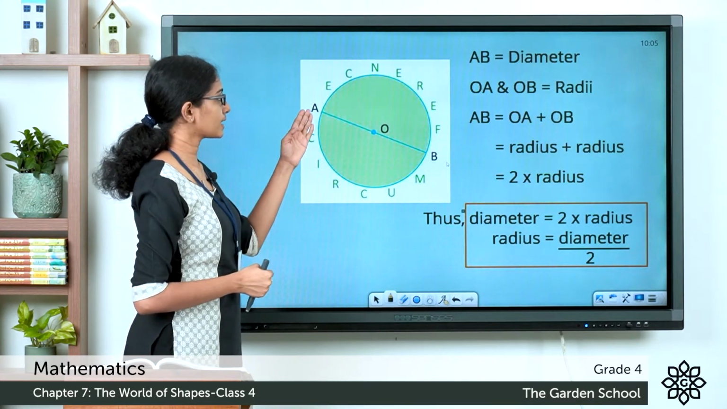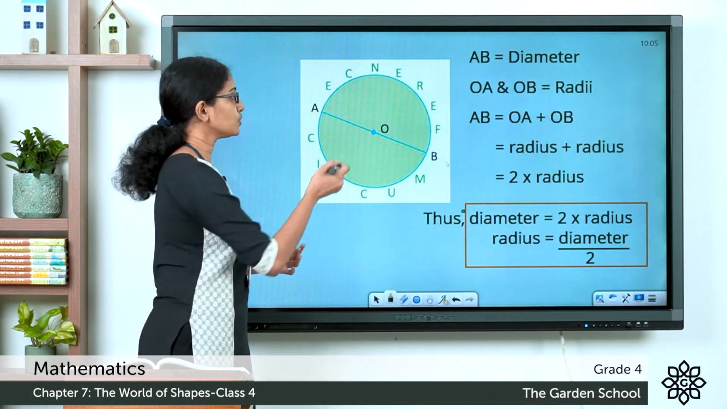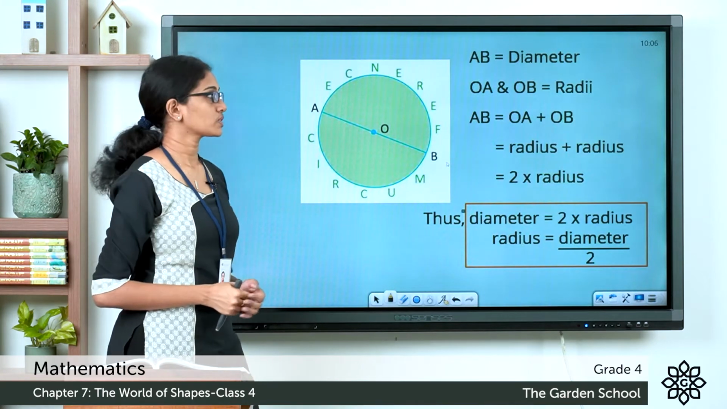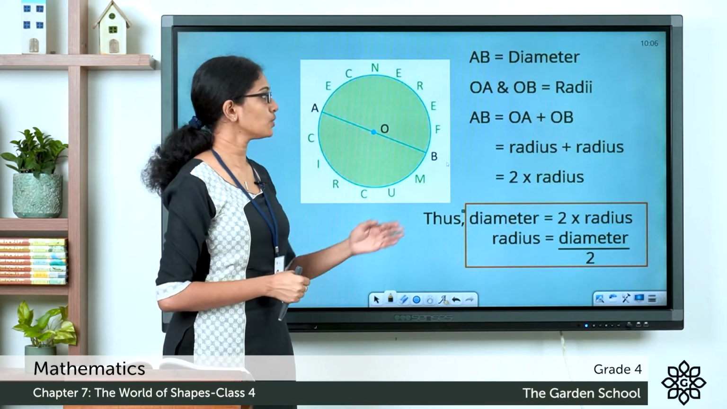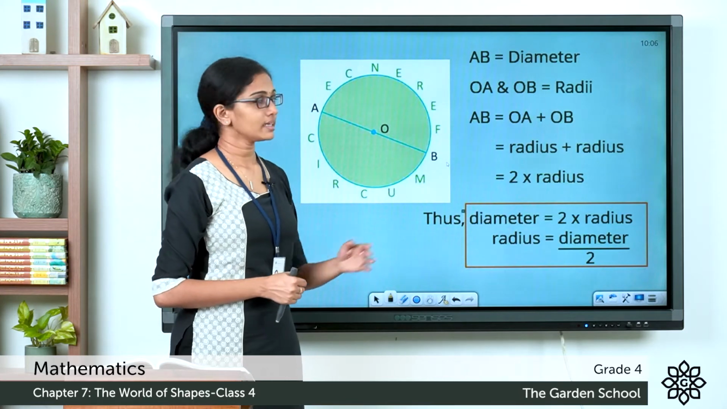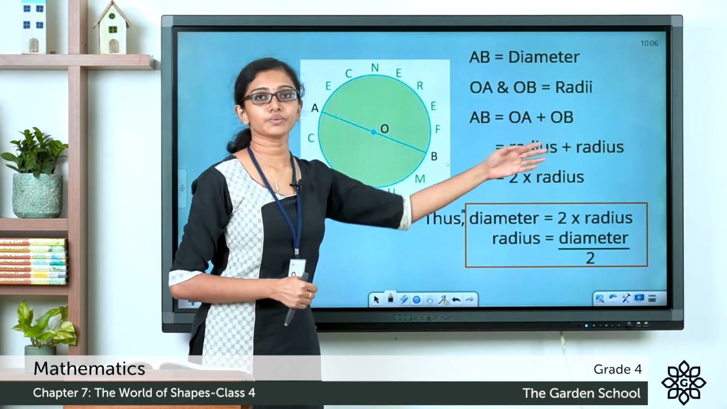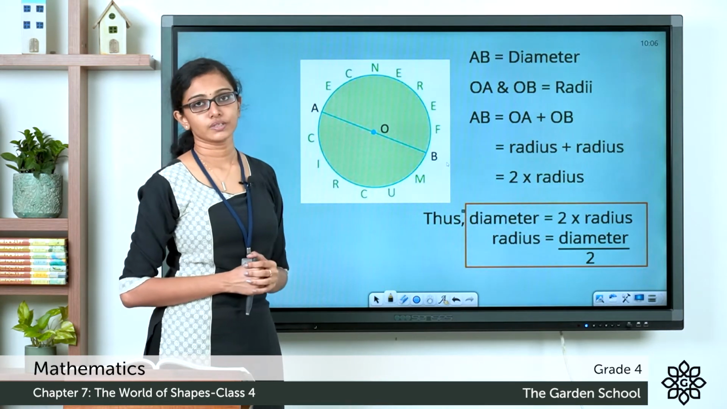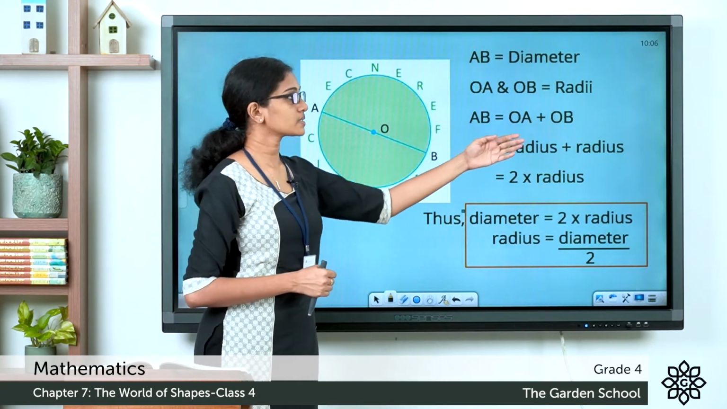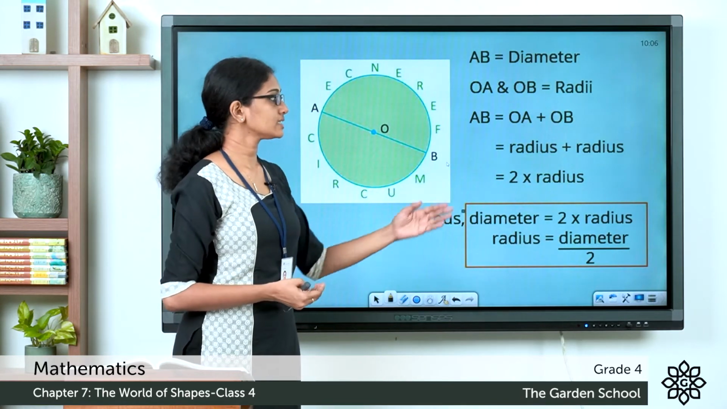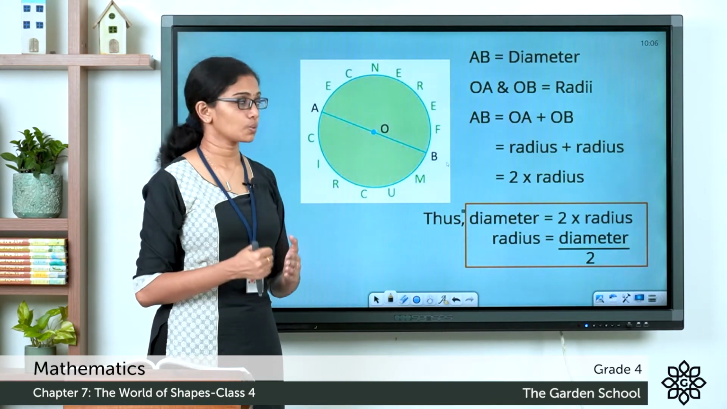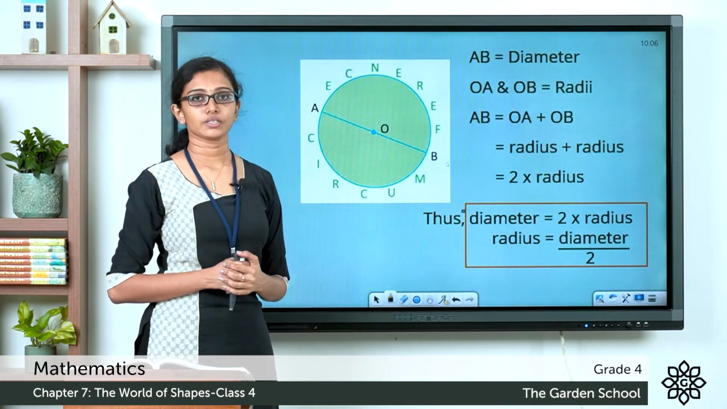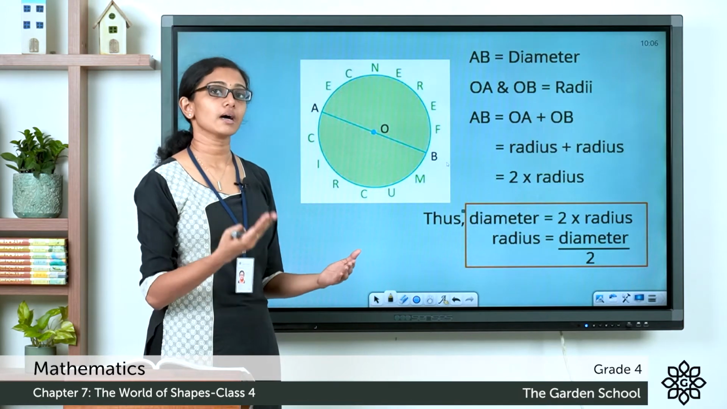So you can say this diameter AB is equal to this OA plus OB, which are the radii of the circle. So the diameter AB is equal to OA plus OB, that is equal to a radius plus radius, because OA and OB represent radii of the circle. So since it is radius plus radius, you can also write that as 2 times the radius. So we can say a diameter of the circle is 2 times the radius, or diameter is double the radius